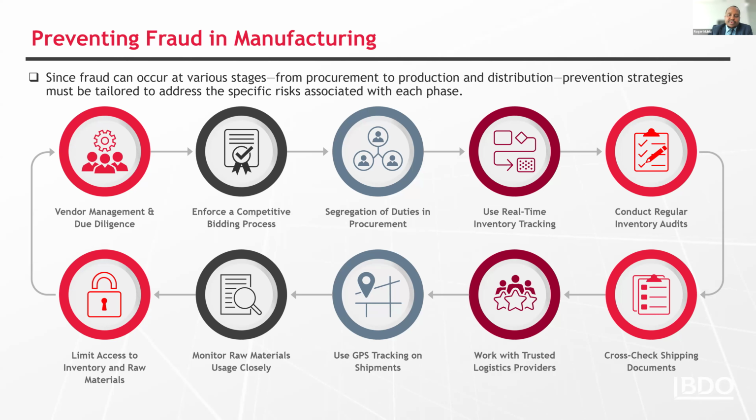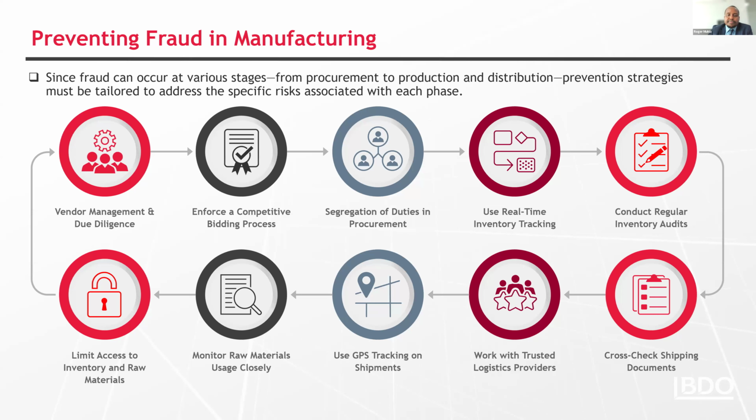The next thing you can do is limit access to inventory. Not everyone in your organization should have access to inventory. There should only be trusted employees who are allowed to handle materials. And even with them, it's important to keep logs of who's doing what. Limiting this access will reduce the chances of theft or manipulation. And if possible, you can even use surveillance in your storage areas to act as a deterrent to fraud.